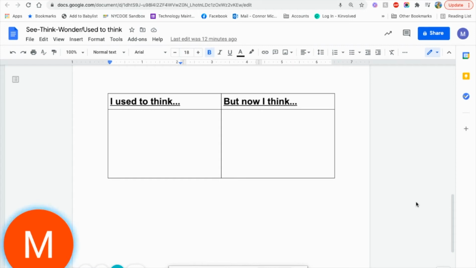So I Used to Think, But Now I Think is really great with either a video or a text. It doesn't work so well with an image unless it's a descriptive image showing a process or something like that. I usually use it at the end of an entire class or after an article or a video. So again, if we just do a basic example off that very short clip I showed in the beginning of this video,